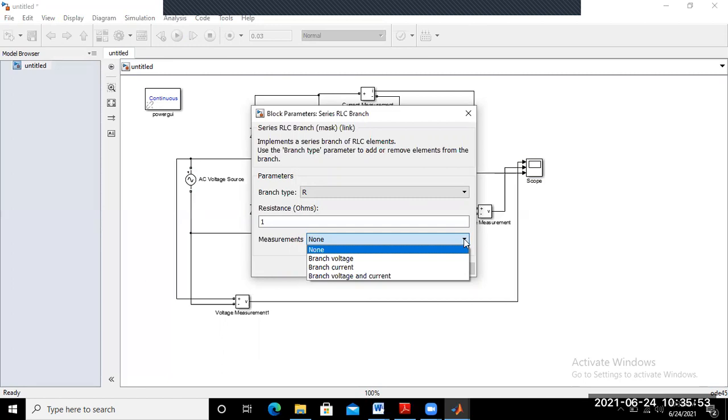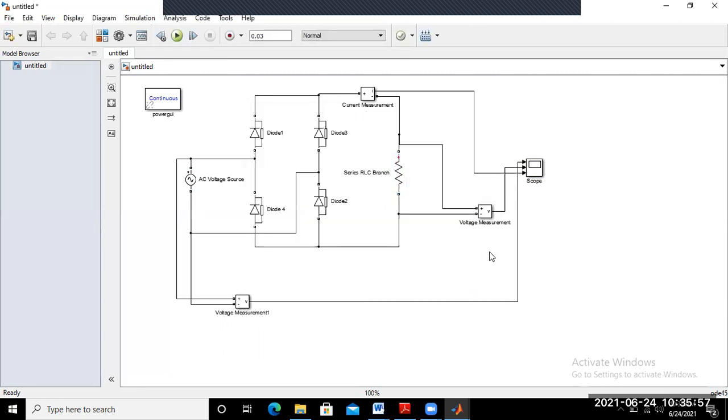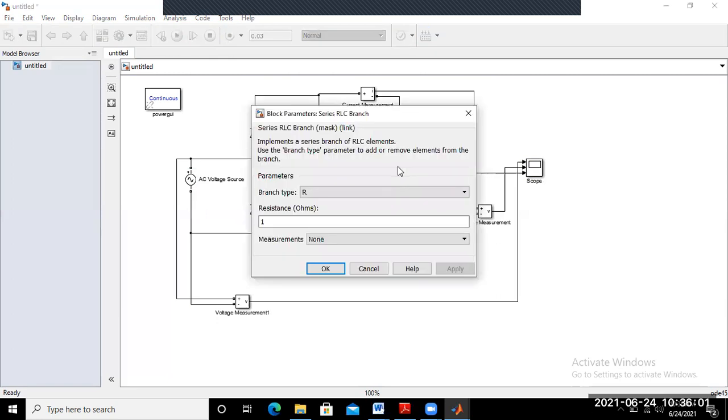Sample drain current. So here the measurement is nothing. Branch type is resistance. Measurement is branch voltage. Apply and OK.